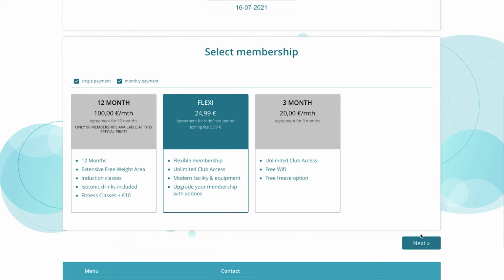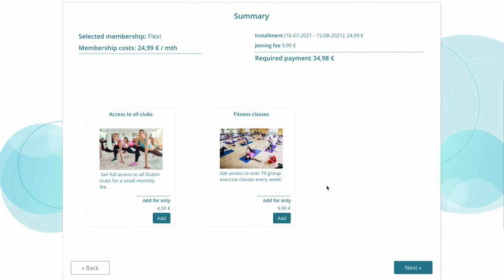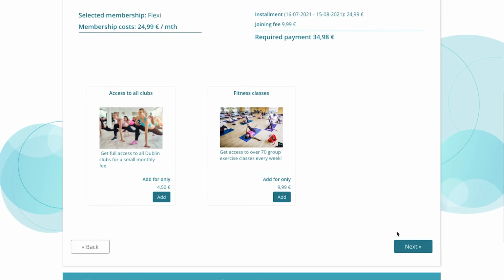I'll choose the Flexi one, click next, and here of course the same add-ons that you have in the member area. So the great way to increase the revenue with the same client base, access to all clubs or to all studios, or access to fitness classes. If they are already included in the membership, maybe it's worth thinking about premium group classes just for people that actually purchase additional service for 10 euros, and they will be able only to book those classes. When you click next,